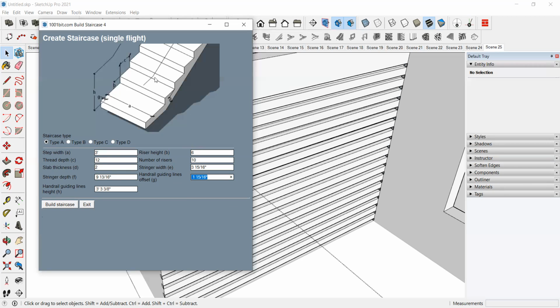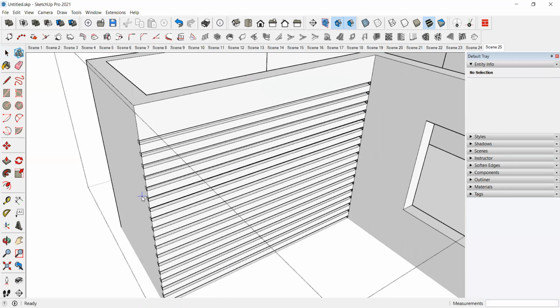So what will be that height? Sorry, this one gap on that. So I will take this one 1 or 2 inches. 2 inch I will take. What will be the handrail height? So minimum 2.5 to 3 feet. 3 feet I will take and build staircase.